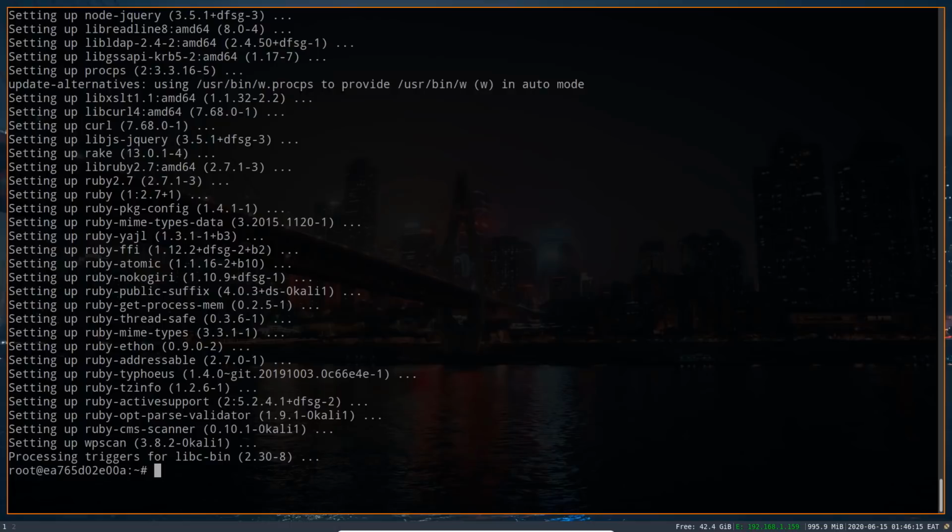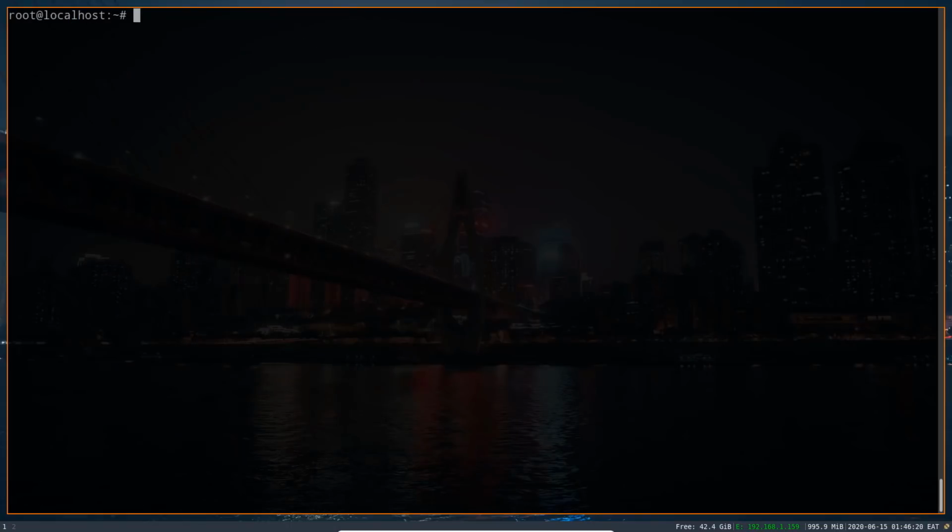So that's how to use Kali. Now, because I specified the rm option, you can see that after the container is in an exited state, it is currently not running. And it got deleted, which is exactly what we want. We don't want a persistent session of a box that we used for pen testing. So let's talk about